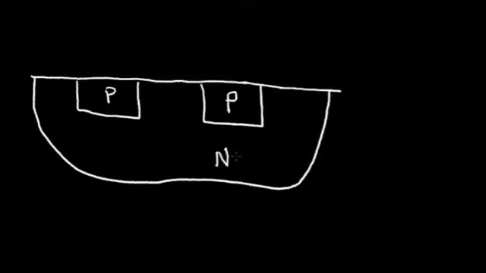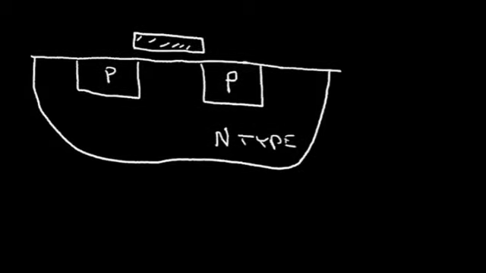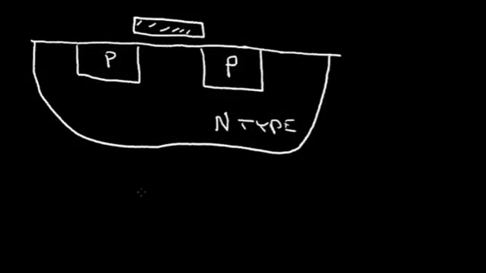This is N-type. There'll be an insulating layer, and on top of that insulating layer we'll put this electrode, which we call a gate, which is this material. Now this forms another type of MOSFET transistor that we call Pmos, and its symbol